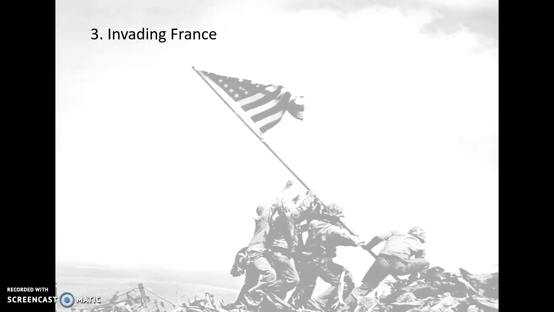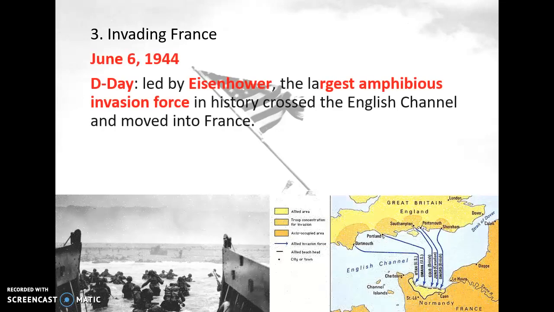False information fed to the Germans said that the attack at Normandy was only a covering for a larger attack that would come later in northern France. Instead of reinforcing their forces in Normandy, the Germans waited for an attack that never came. Misinformation rules the day. On June 6th,